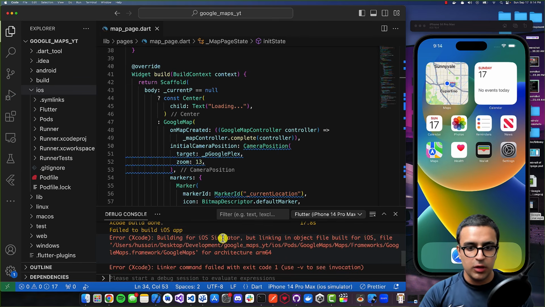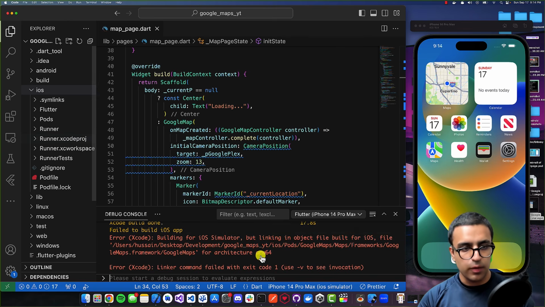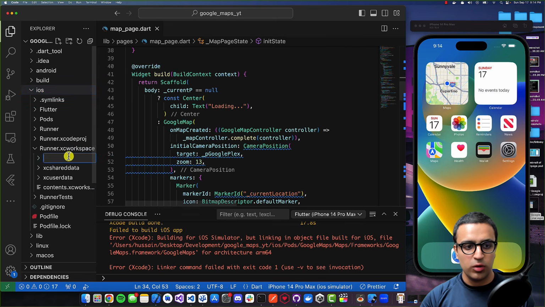Welcome back, everybody. So while I was running the application on iOS, I found out that we get an error which might occur for you, might not, depending on if you're using an M1 Mac or the new Apple Silicon Macs or not. But if you do get an error which says that the debug console is telling you that linking an object file built for iOS for architecture ARM64 or something similar to this, then what you can do is open up the iOS folder, the runner.xcworkspace